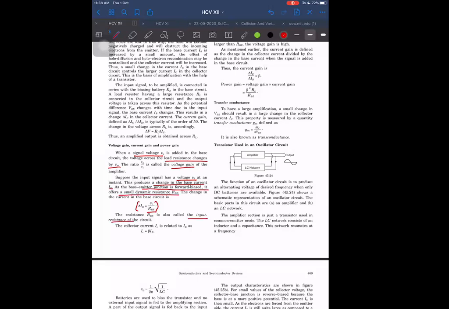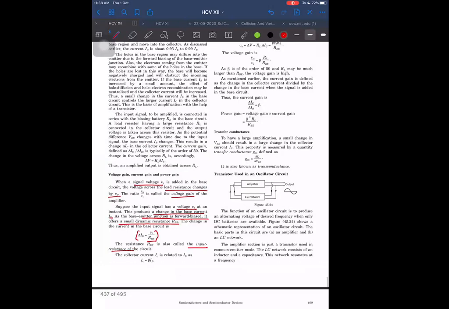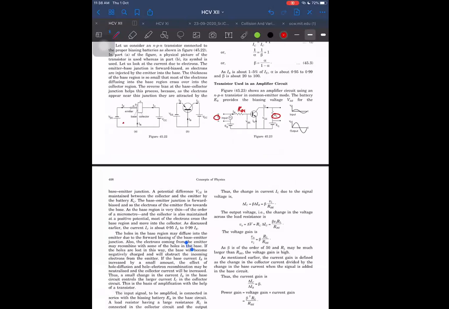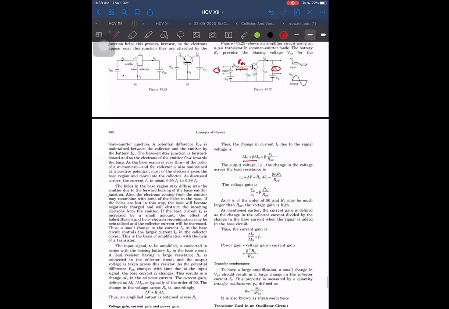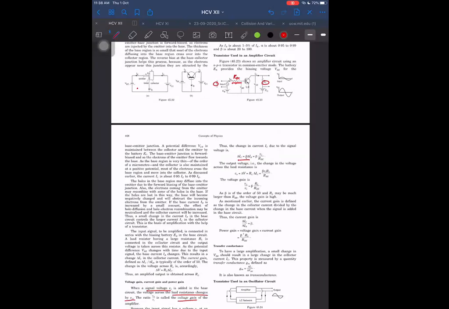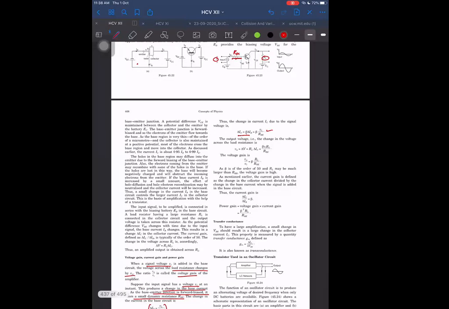Fine. I think that should be RBE, but from his name it seems as if he's talking about from B to E inside. But I think it should not be that. It should be only this resistance, according to me. He is calling it RBE, but we can call it just R input or RB only. Okay. Anyway, delta IC, as we know already, is beta times delta IB. If I assume beta to be the same for AC as well as DC, then V0 is obtainable as RL into delta IC. That also we know.